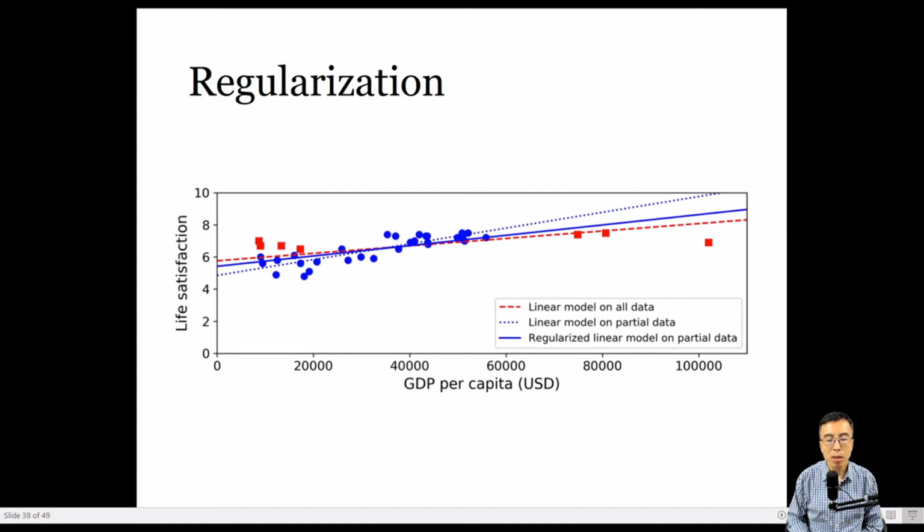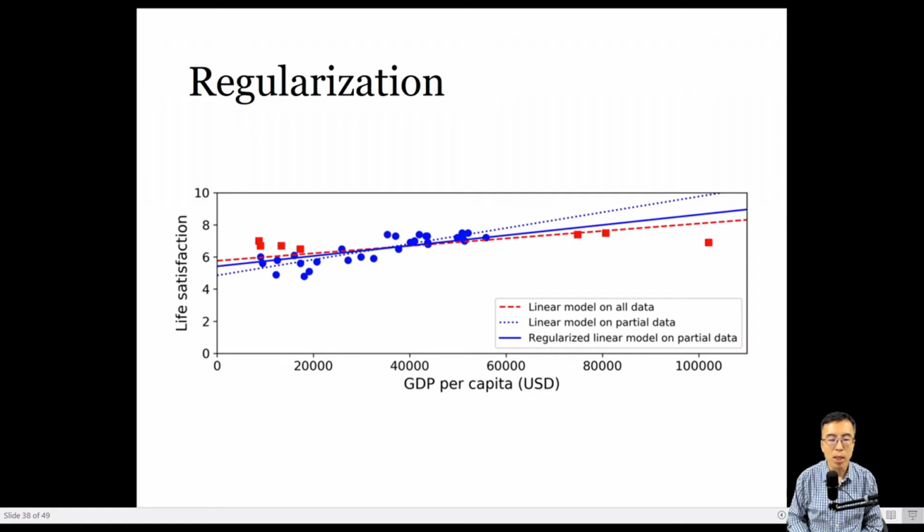And then consider that we do not have the country level data represented by the red square, and we are only left with the blue dots data. If we train a model only on those data, we'll fit a linear regression denoted by the dotted blue line. As you can see, if you compare the dotted blue line with the dashed red line,